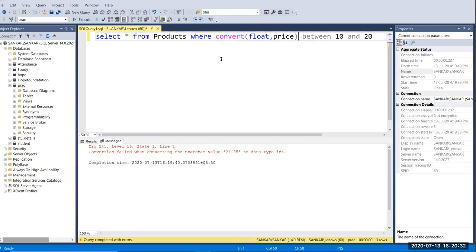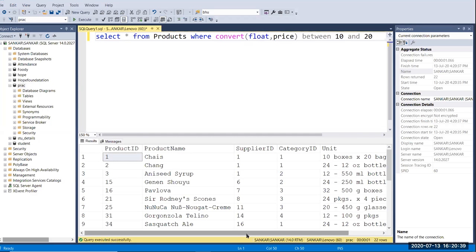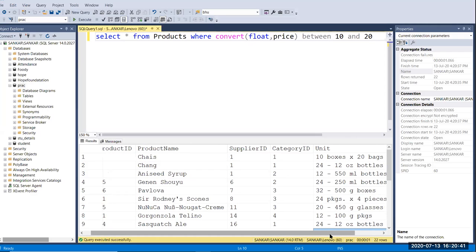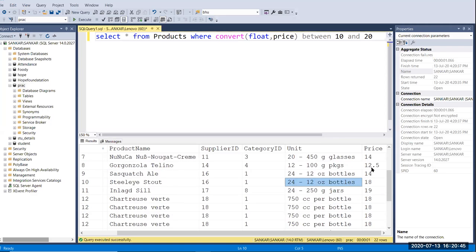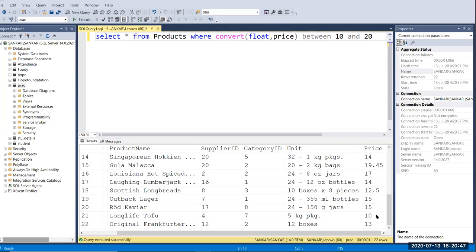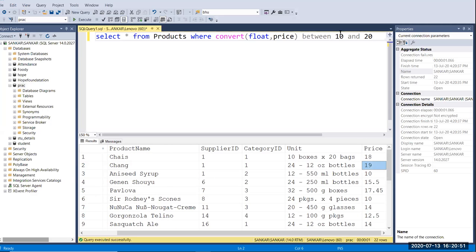And after that you pass your column. Now you can get the answer. Here you can see the lowest value is 10 and the highest value is 19, the values between 10 and 20. So this is the conversion process.